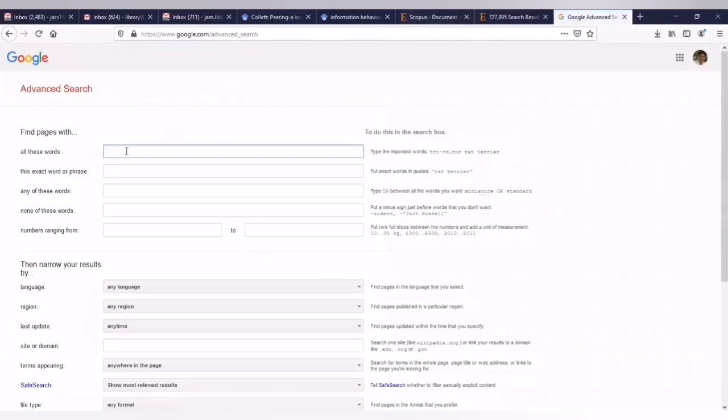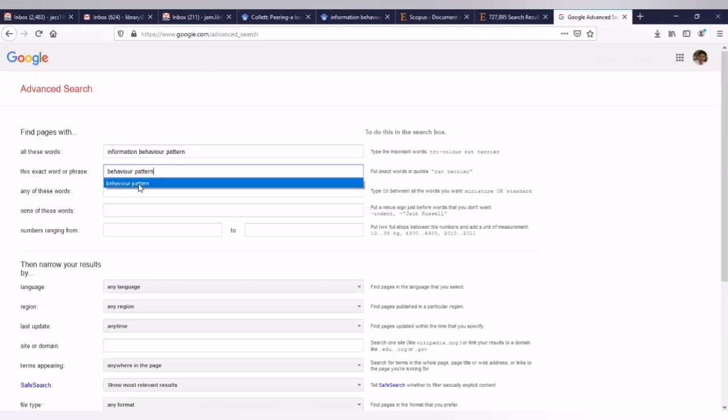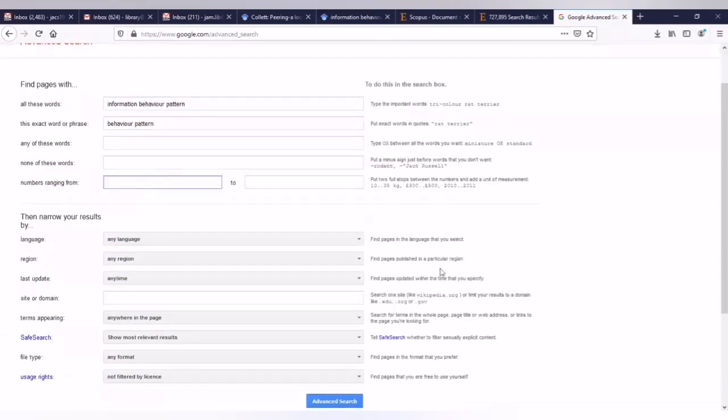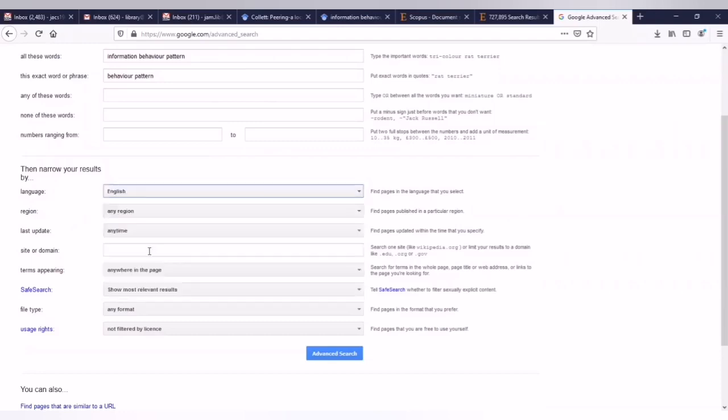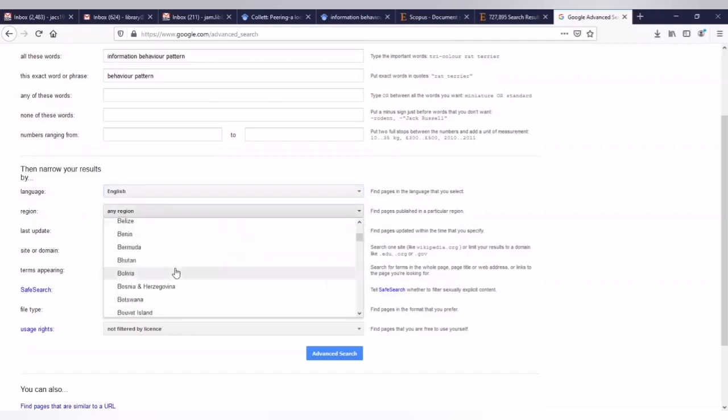Here I will mention what keywords I am looking for and what exact word I am looking for, and the number of results ranging from 1 to 1000 as you mentioned here, and in which language I want, which I can also choose based on the requirement. As I told you, the review of literature can be both international and national. So if you want to select a region based on your topic, you can select the region here, like India, from which country's content you want the articles.